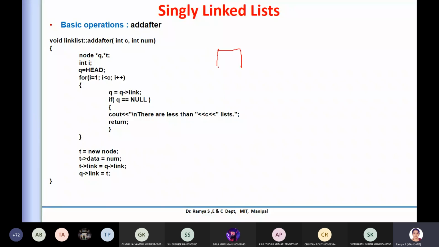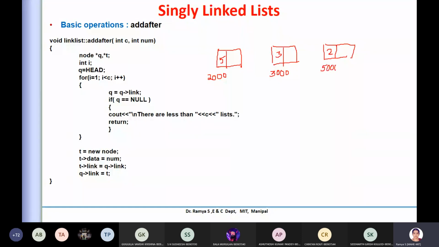I have already 3 elements, so I have 3 nodes. I'll take 2 cases. These are the values, the data for me, and the addresses I have to give. I'll just take these because it is convenient for me. You can take any values, no issues.